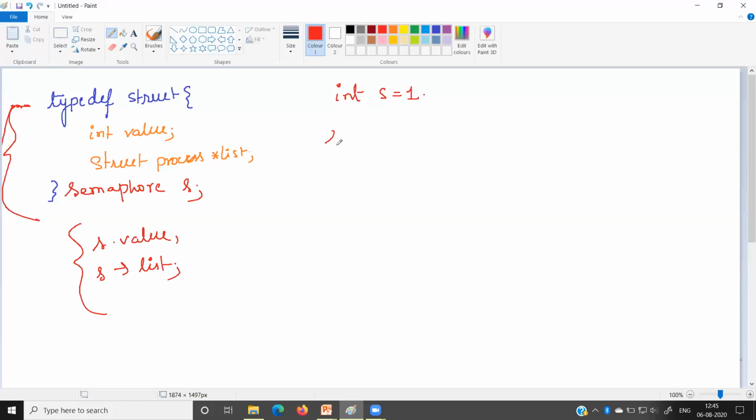Now this s.value will be initialized to 1 before starting the execution of the critical section procedure by different processes. Another important thing is that this value can be initialized or modified by two functions, one is the wait function and second one is the signal function.